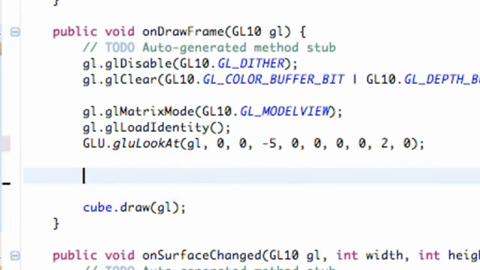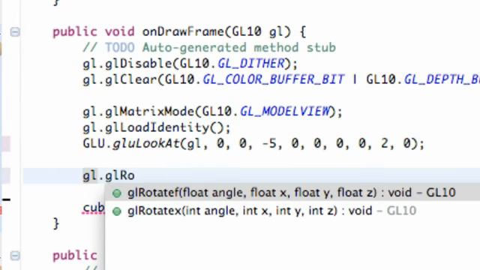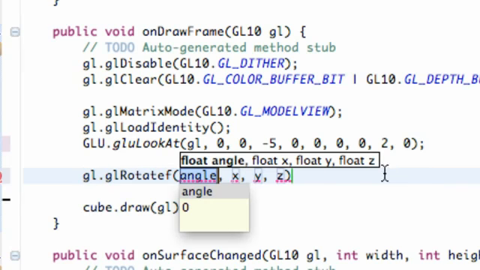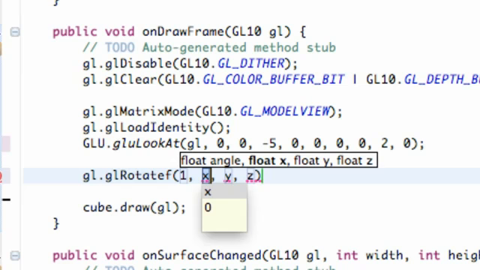And how we do this is pretty simple. We're just going to say GL, again relating to the GL10 object that we're going to pass in. We're going to say GL rotate, and we're going to use the F for float. And the first parameter here is the angle. So we're just going to say, whatever angle you guys want,